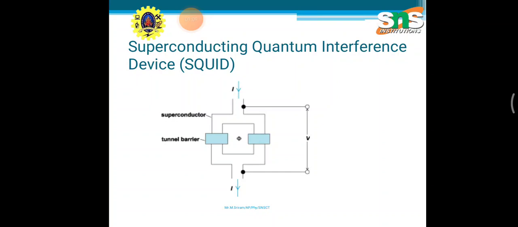There are two main types of SQUID: direct current, DC, and radio frequency, RF. An RF SQUID works with only one Josephson junction, which might make it cheaper to produce but less sensitive. And this is the DC SQUID. The DC SQUID was invented in 1964 by Robert Jaklevic and Silver of